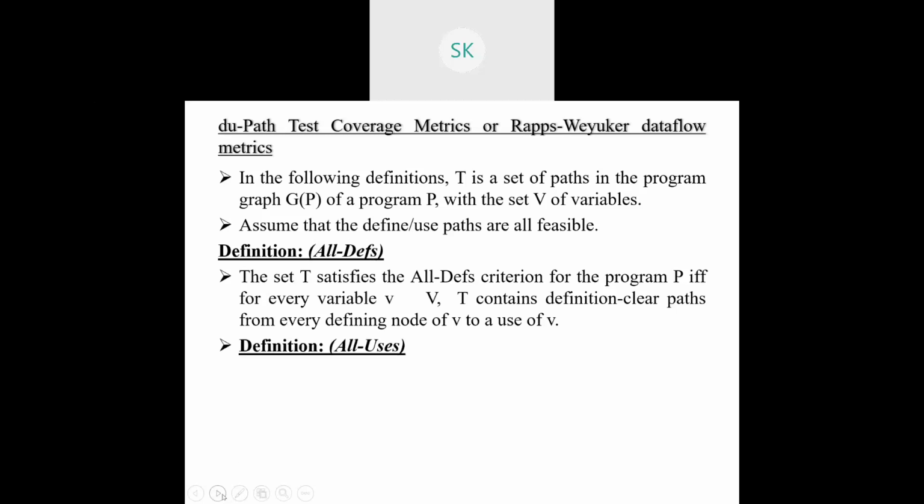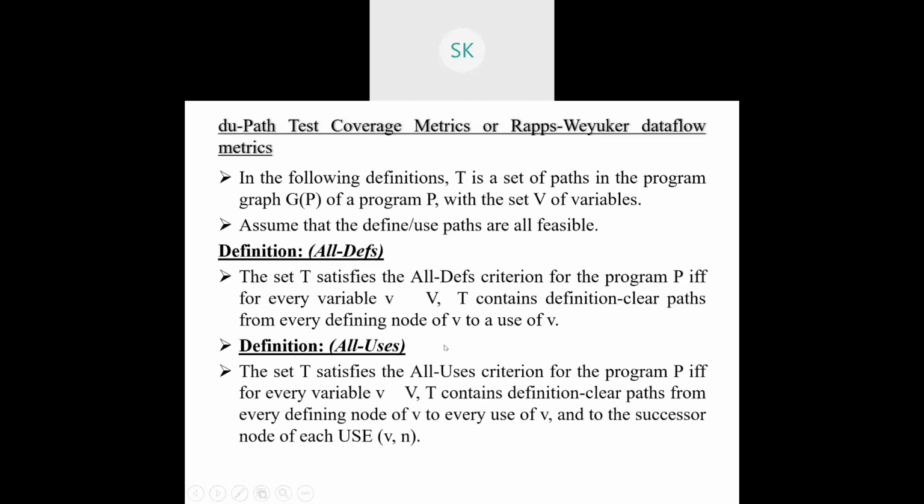Similarly, they are going with one more thing. All definitions comes means all usage also comes into picture. When all usages come into the picture, instead of every defining node, what they will say is every usage. It is based on every usage. So all the usage nodes should be involved in forming a definition clear path. Then we say all uses. Suppose 10 with respect to 21 should have at least a definition clear path. But 10 with respect to 16 is possible. 10 with respect to 21, 10 with respect to 24 is not possible because 16 is the intermediate node where it has been redefined.